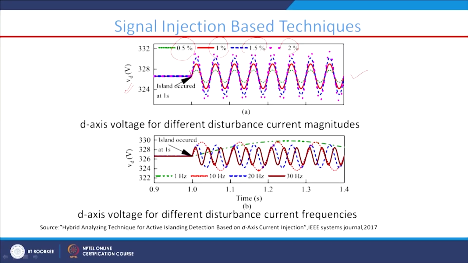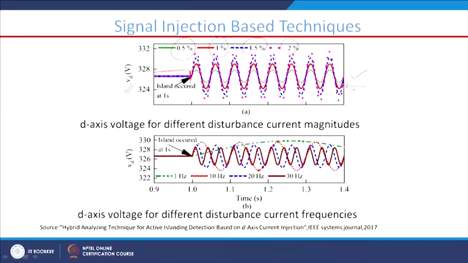After islanding, you can see here up to islanding the signal is almost constant, it is steady, there is no variation. But after islanding the signal is going to oscillate with the frequency at which we have injected, 30 hertz, 20 hertz, or we can go beyond our fundamental frequency, basically 70 hertz or 80 hertz. So, this oscillation, if we can trace it, if we can track it,